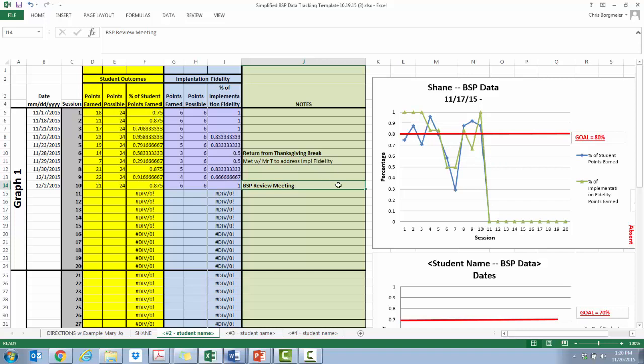Now, one thing is, let's just say at the meeting, I don't want to end on this big dart down to 0 here. So what I'm actually going to do is go into column F, go to the next data point and see where that formula is. I'm going to delete that. And if you go to I, I'm going to do the same thing over here. And watch, it just takes away that line all the way down. So it just looks cleaner in terms of being able to understand the data, and we're not distracted by that big dart down. So I might have the data look like that for the meeting as I present it